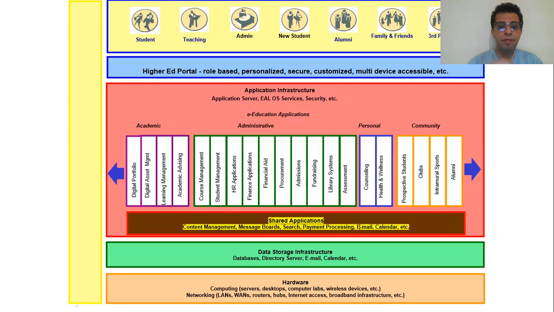The finance applications are like regular financial applications: payment, payroll, all these things. And then you have the procurement application, which is part of the process of purchasing. You will see how complicated purchasing can be, especially in the field of IT.